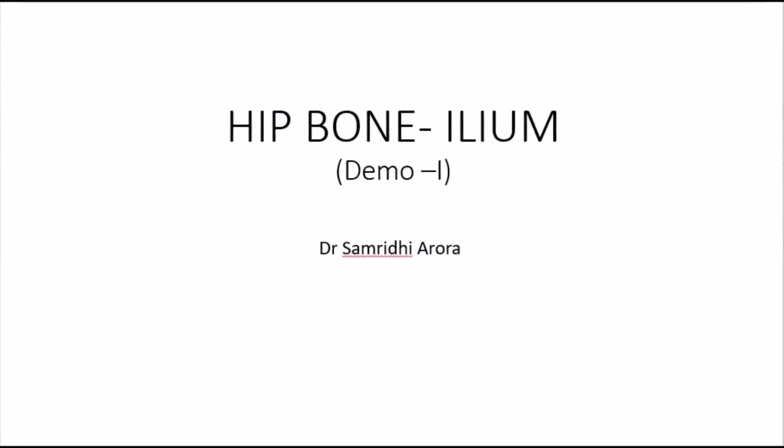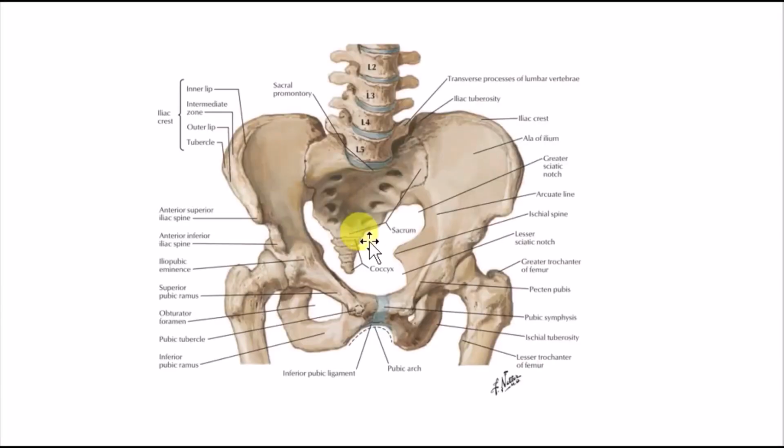on ilium. Here in this picture you can appreciate this is pelvic girdle which is formed by the two hip bones and sacrum. This point is anterior superior iliac spine, this is posterior superior iliac spine, and in between the two there is iliac crest. This is anterior inferior iliac spine and this is the greater sciatic notch, and here it is forming a joint between the sacrum and the ilium, that is sacroiliac joint.